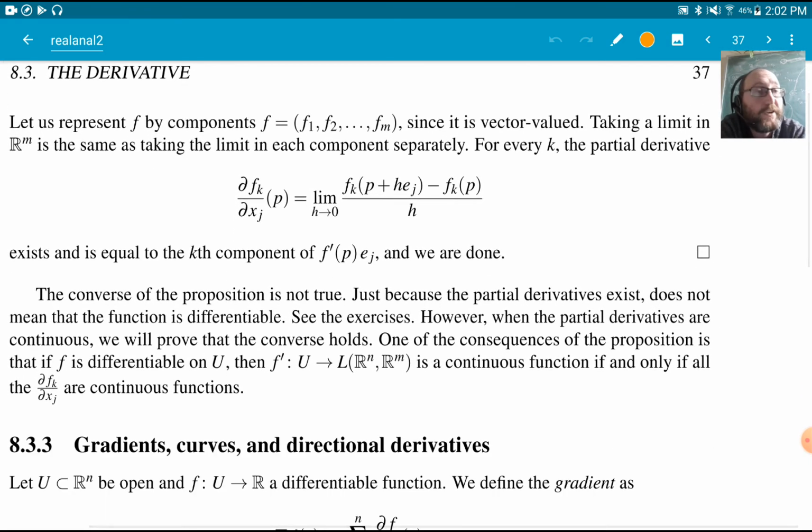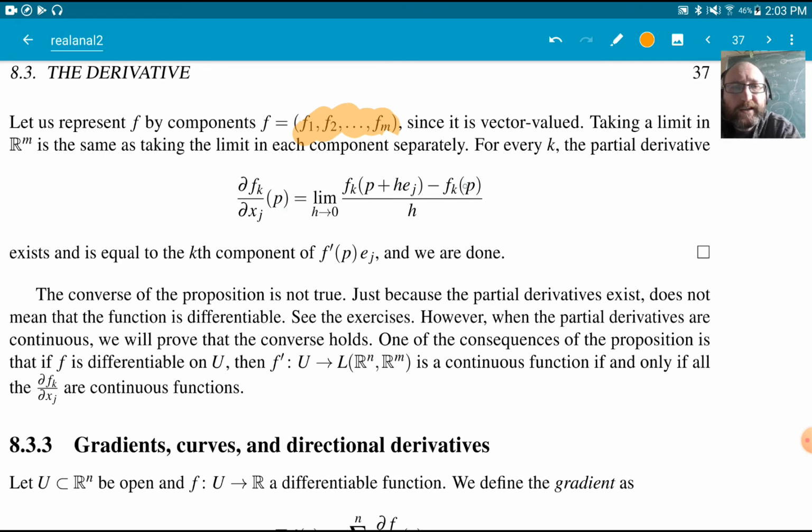Right, so let's represent f, again just like before, by its components. Taking a limit in R^m is the same as taking the limit of each of the components, something that we proved last semester. So the limit in the Euclidean metric is the same as taking the limit of each component separately. So for every k, where k is from 1 to m,